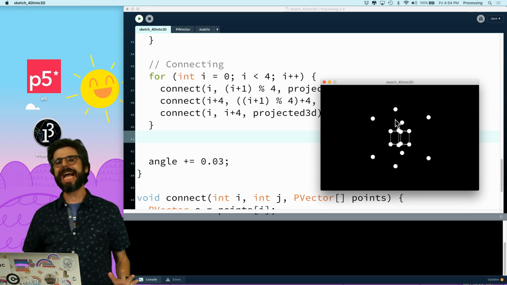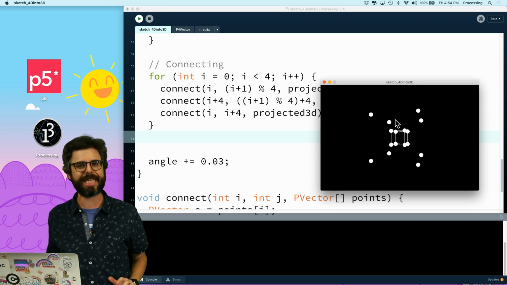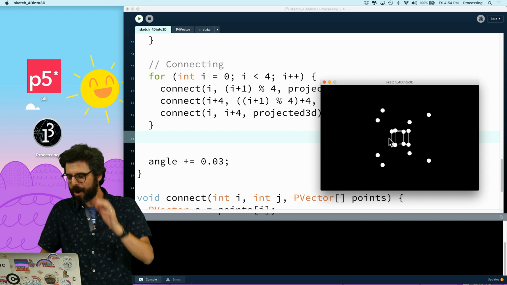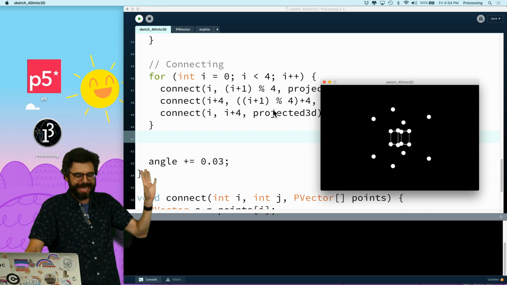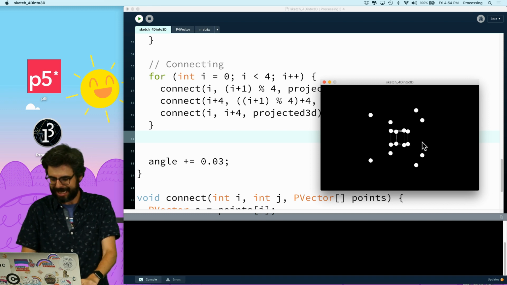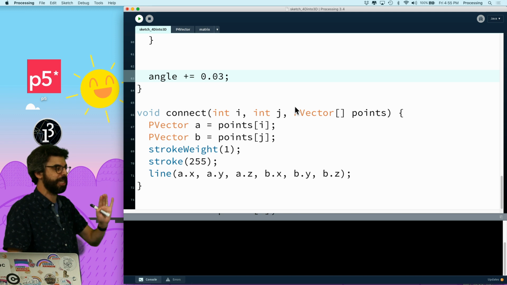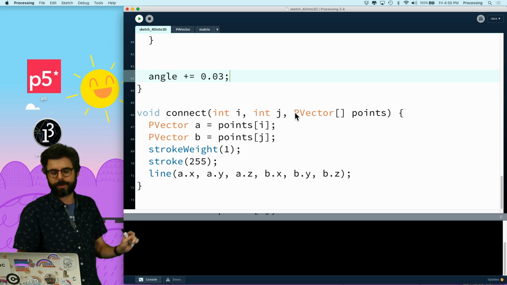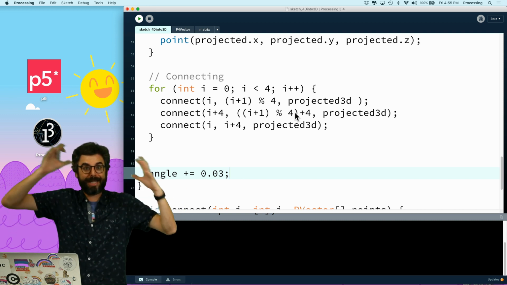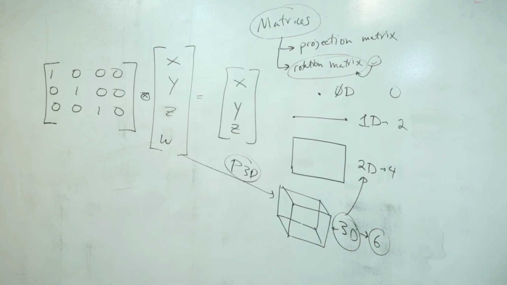I said, okay, I now realize that I try not to do this. I try to have my videos be very self-contained, and there's a few things that you might have to watch a previous video for, but I think it's worth explaining this just for a second. So basically what I did in this connect function is just take two of the points and draw a line between them. And to draw a cube, normally I might just say box or begin shape, end shape, and it's going to make all these connections for me. But what I'm doing